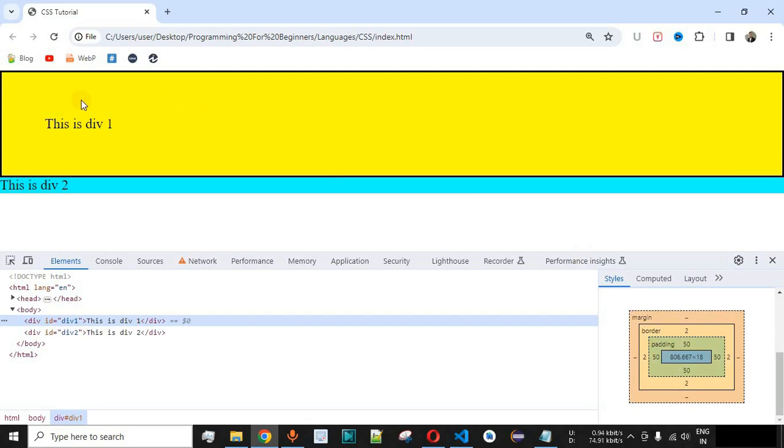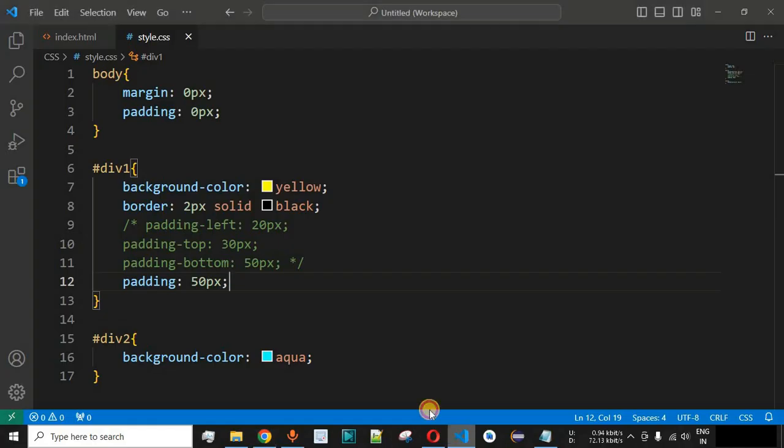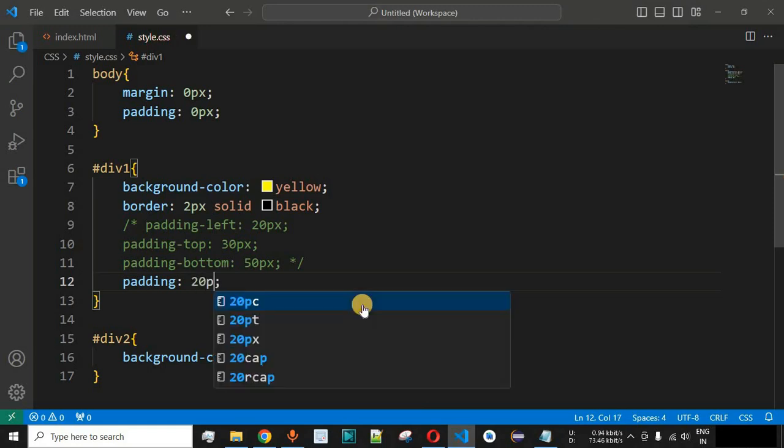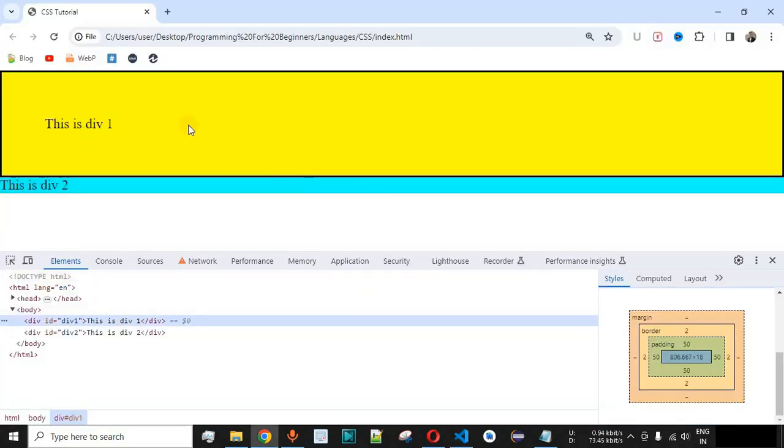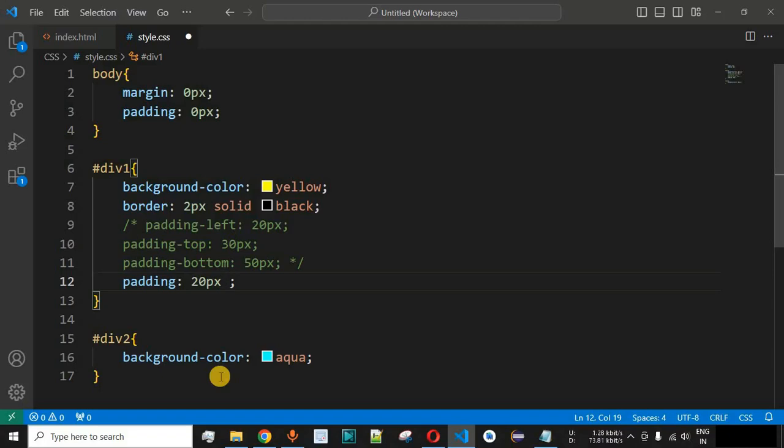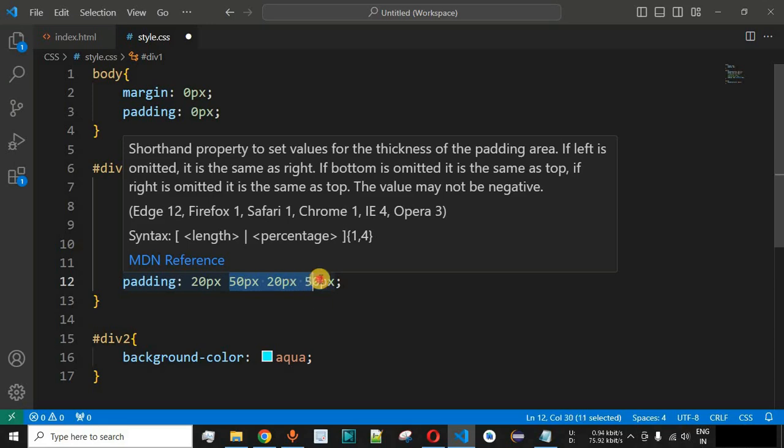Now guys, apart from that, let's say you want to provide the padding top and padding bottom to be 20 pixels and padding left and padding right to be 50 pixels over here. So what we can do is, the first value is taken as the padding top value. So over here simply we will provide 20 pixels. The second value will be taken as padding right in this case. So let's say we provide 50 pixels over here as padding right, and the third element will be taken as padding bottom over here. So simply we are going to say 20 pixels once again, followed by the padding left. So over here we will provide 50 pixels once again. So the sequence is padding top followed by padding right and then padding bottom and then padding left.